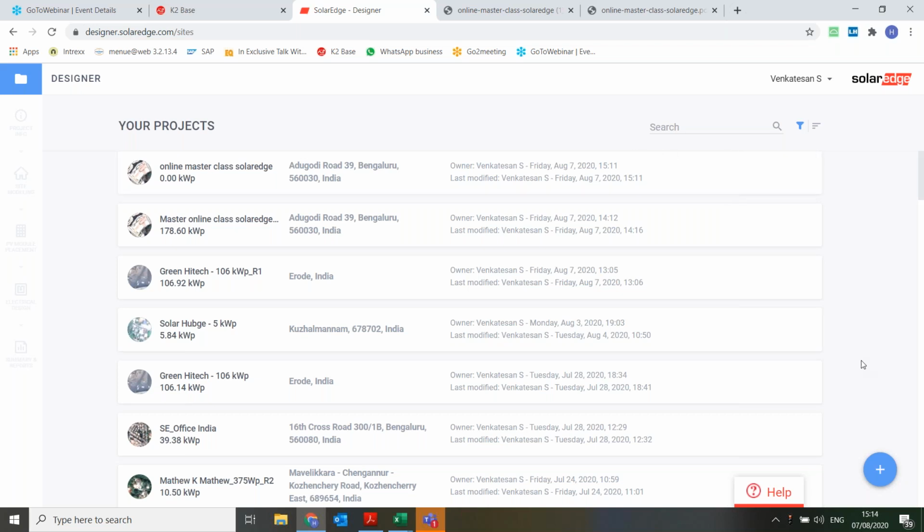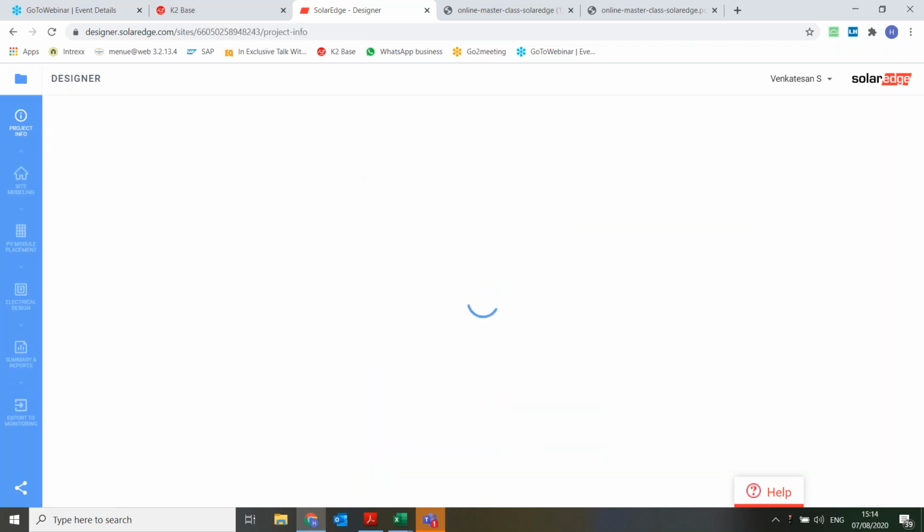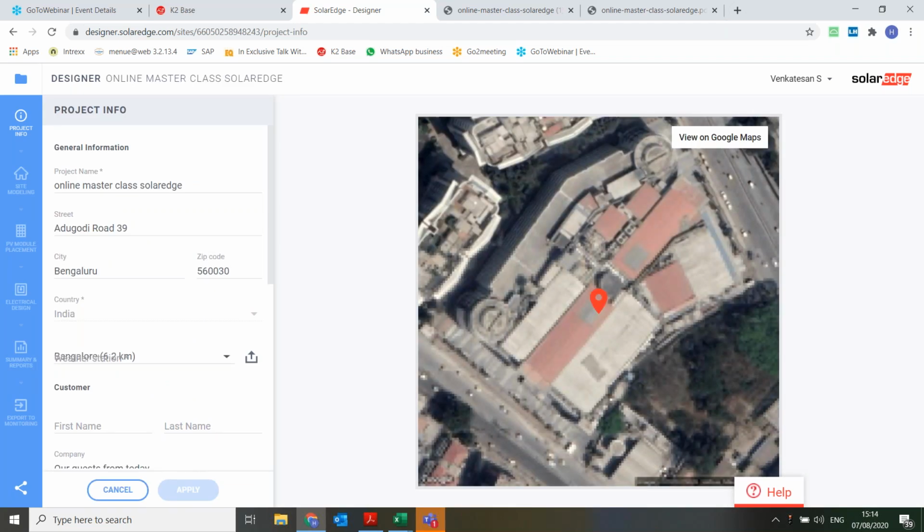And in case you want to start a fresh project directly from here instead of using K2, that is also possible. You can simply click this plus sign, and you will get 3 options: basics, commercial, and residential. By entering the appropriate project size, you can start doing the project. So now let us get into today's online class, where we are going to discuss in detail the project that K2 Systems has done.